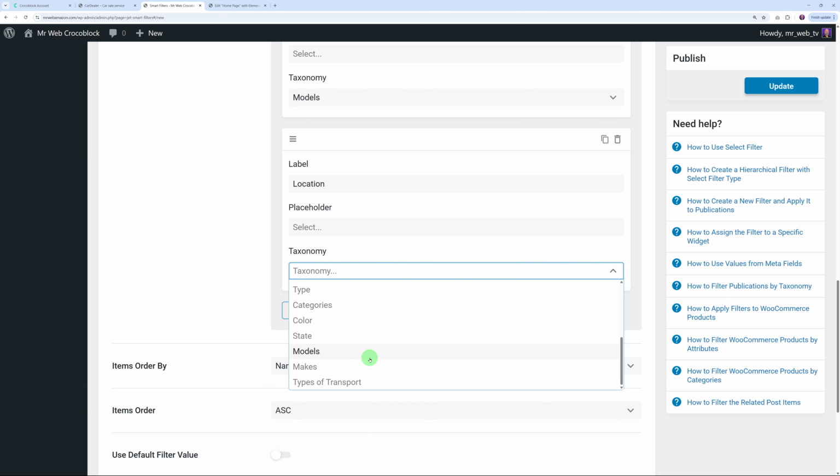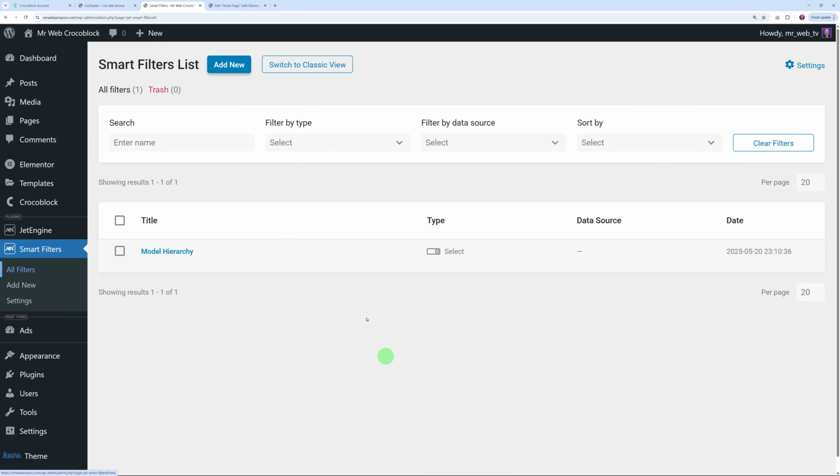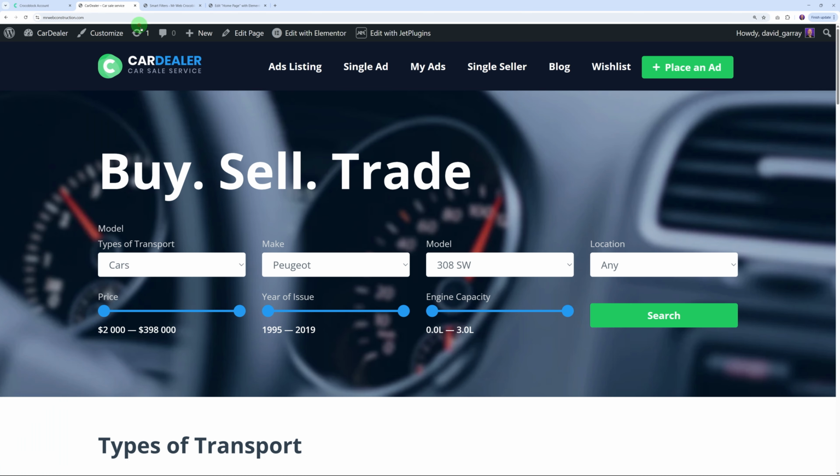So this is the state. Okay, and then order by name, or the item order ascending. So we can keep this like this. So filter label. We're going to change this to model, and we'll do the same here. Okay, so we can update this. Perfect. So let's go back to our smart filter, all filters. So we have the model hierarchy in place,